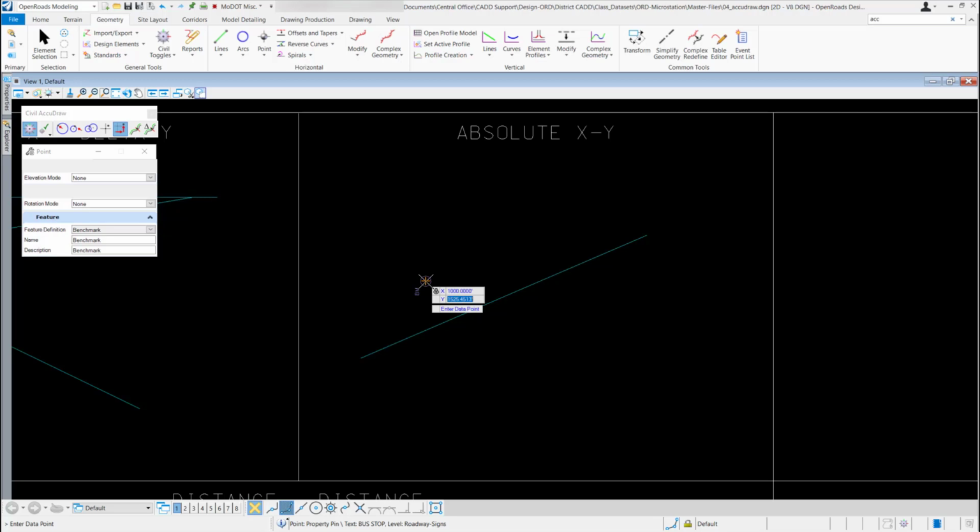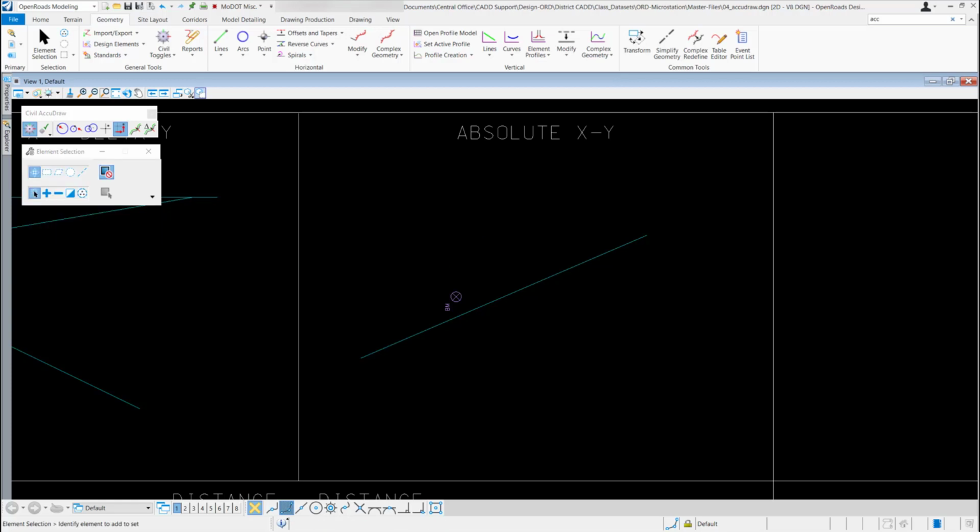And now in my Y field, I'll use 1,500 feet, hit enter to lock that value in. Now if I move my cursor, it's going to move that benchmark to that location. If that's what I want, I'll just left click to accept it, and I have my benchmark placed out there. If I'm finished with my point tool, I'll just right click to reset.